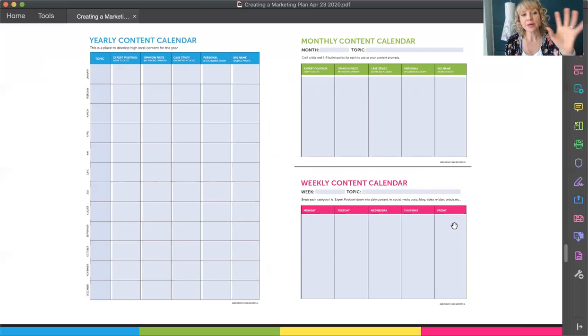So look at the topics that your clients are looking for answers for, right? What are they asking you for? What are you hearing? What are the challenges? And then create a theme for each month. And so you can see how I've divided this up. Create your expert opinion, the how to do something, your opinion, a case study, a personal story, and a big name doing it right. That's sort of that really high level, right? Then you dive into each month going, okay, this is the topic, all of the pieces.